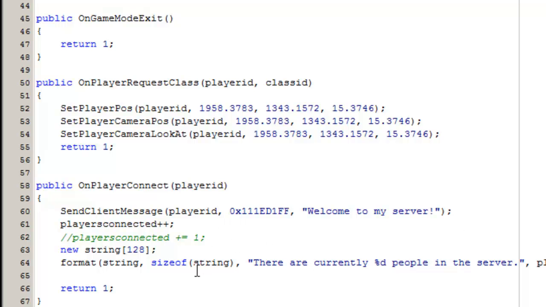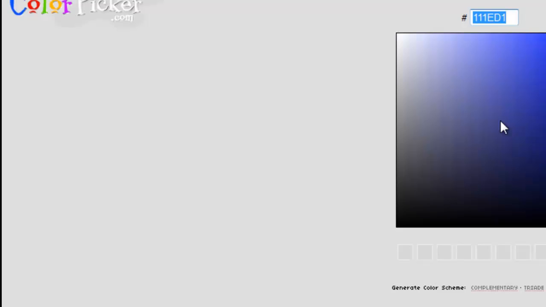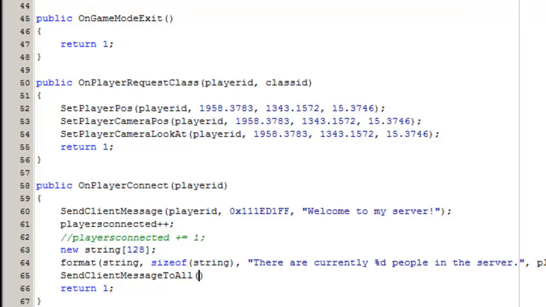It's just sending it to everyone, so we don't need one. It's not sending it to a specific person. So instead of just typing it, we can just double click it, have that, and I'll just get a nice bright red, put that there,